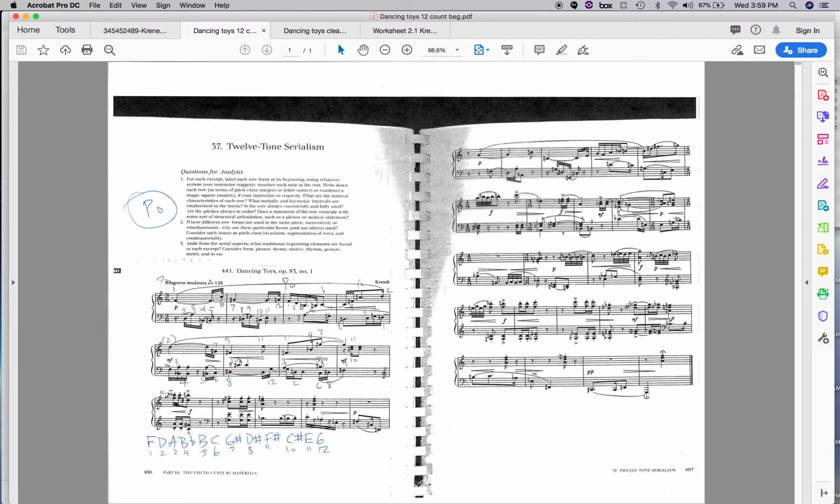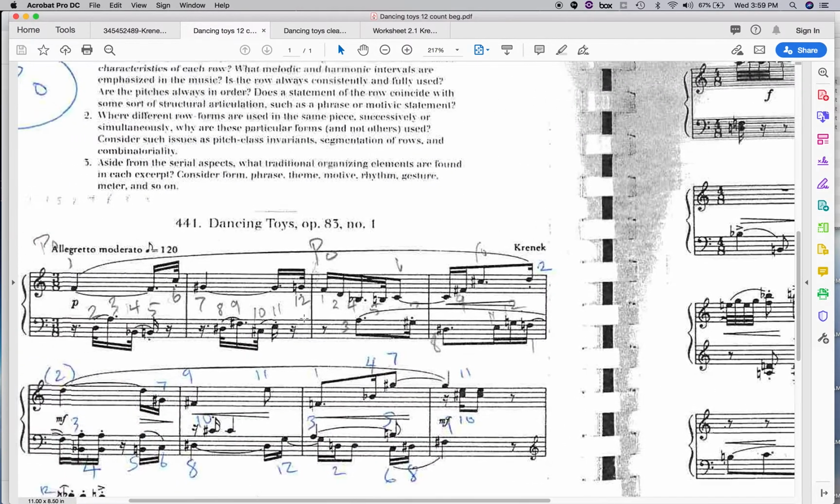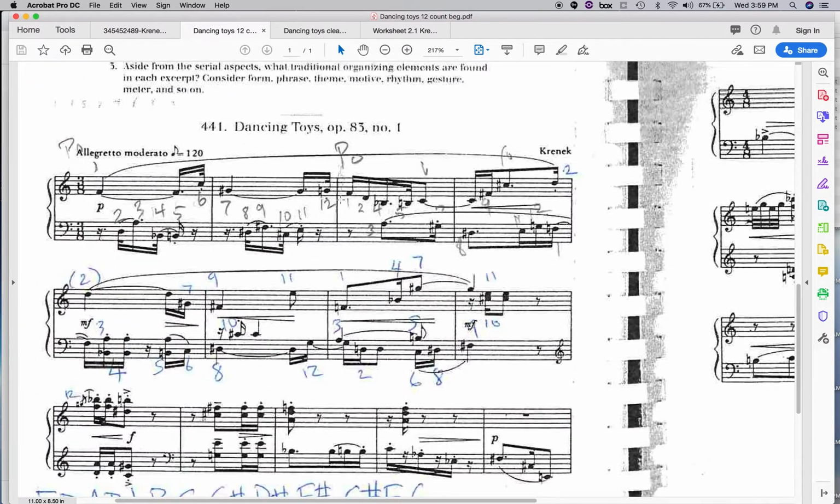P0, F, D, A, B flat, B, F, D, A. Let's blow this up a little bit. F, D to A, B flat, B. Oh, another P0. Okay. F, D, A, B flat, B, C, etc. Okay, F,